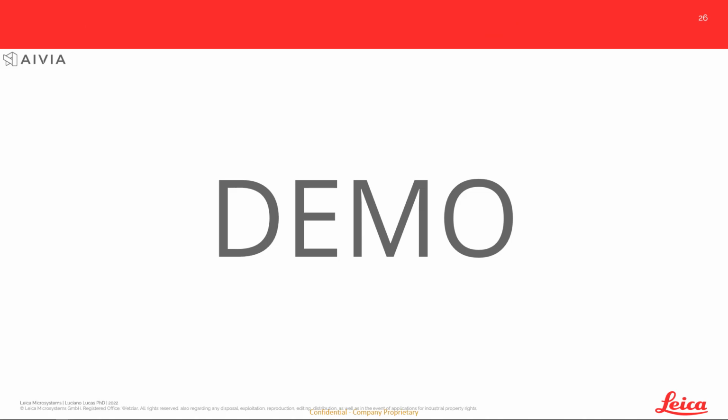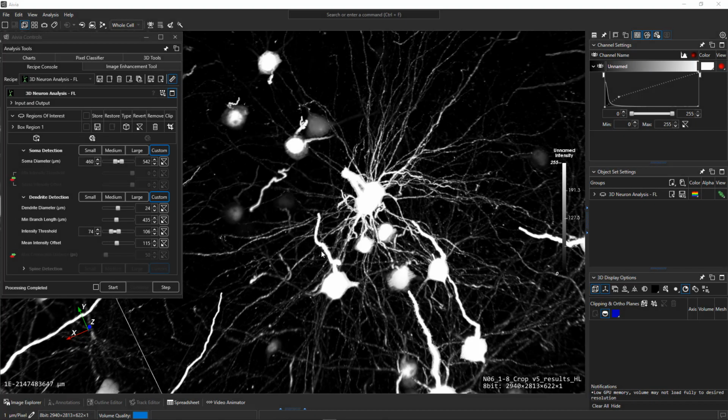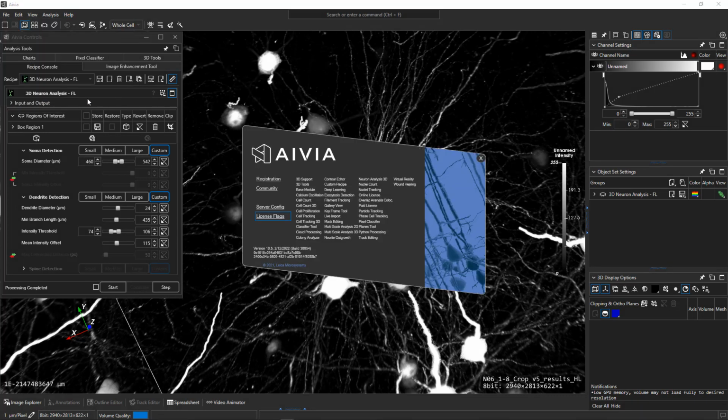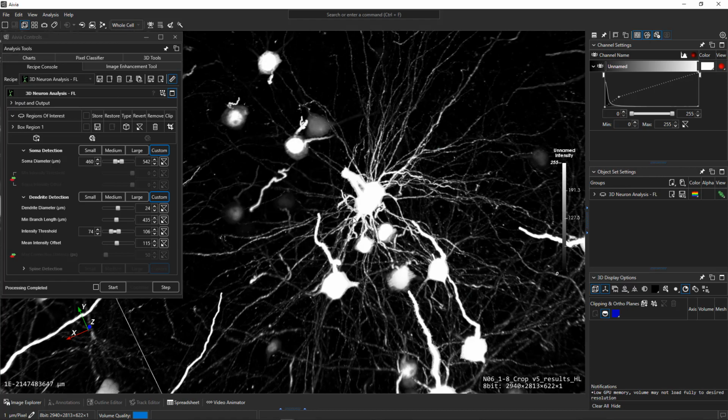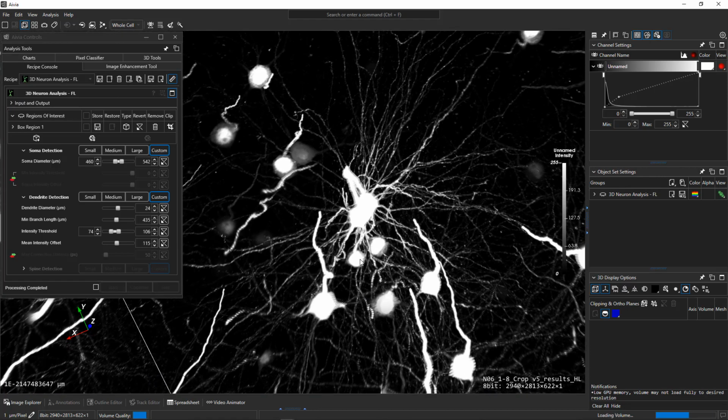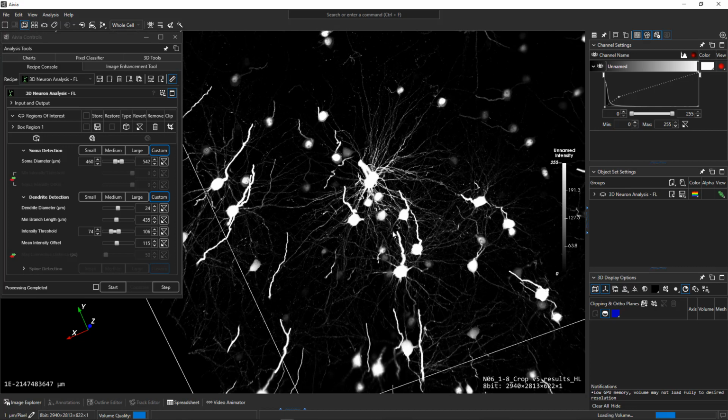Now we go into the demo. Okay, we are in Aivia 10.5. This is a pre-release version from the 12th of February. And before we introduce 10.5,